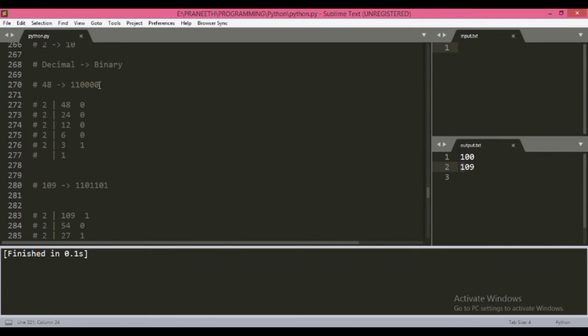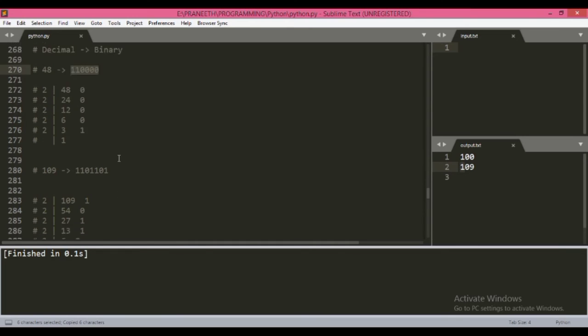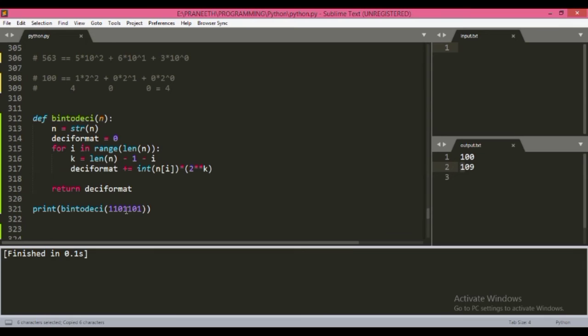Let's take the previous example too. So copy and let's paste this here. So if we run, we got the correct 48. So this function, converting binary representation to decimal, is successfully completed.